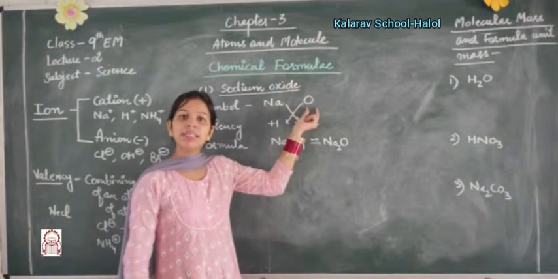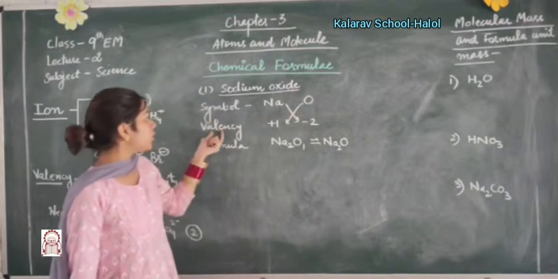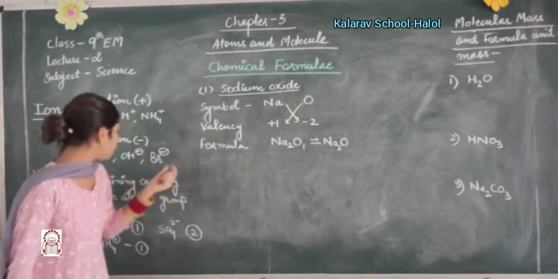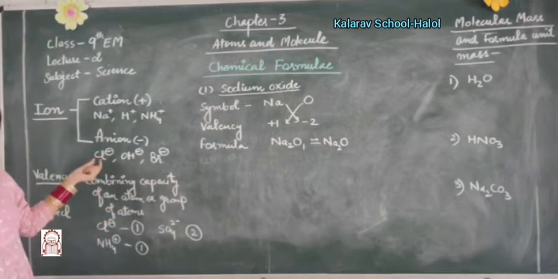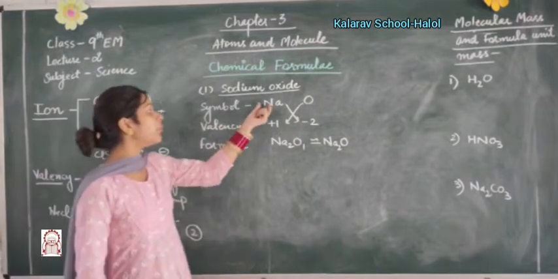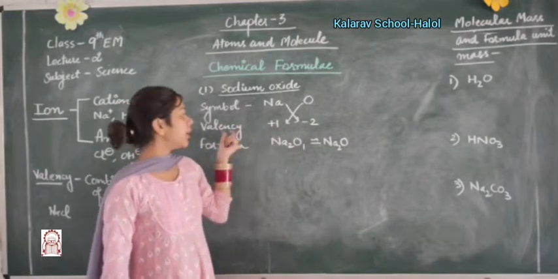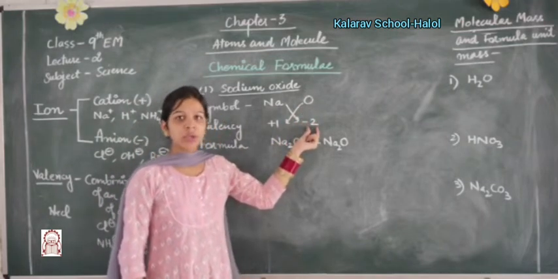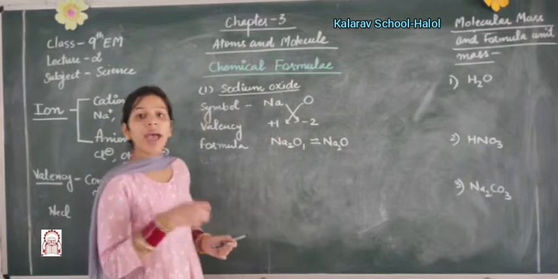For oxide, the symbol is O. Next we have to write the valency, that is the charge on the species. Sodium has charge +1, that is its valency. Oxide has charge -2, that is its valency. You have to just